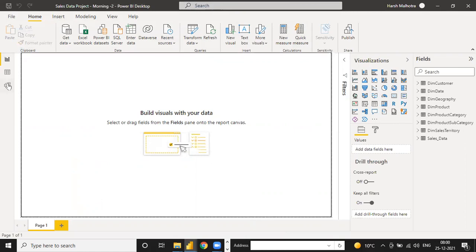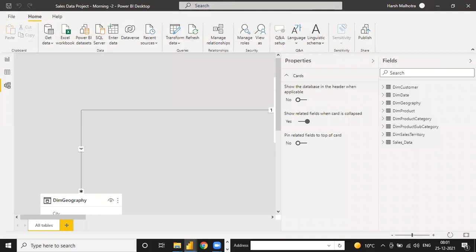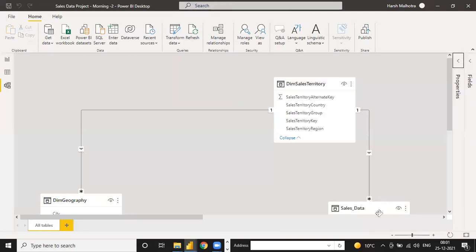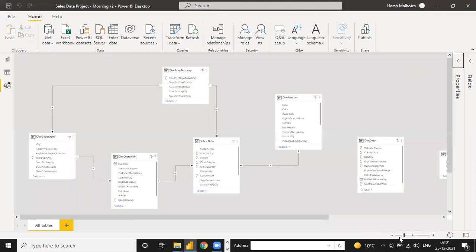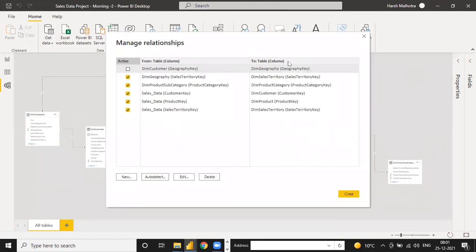And now we are making our relationship. Under this relationship, we are not going to create line by line this time. This time we are going to use manage relationship. How to use?